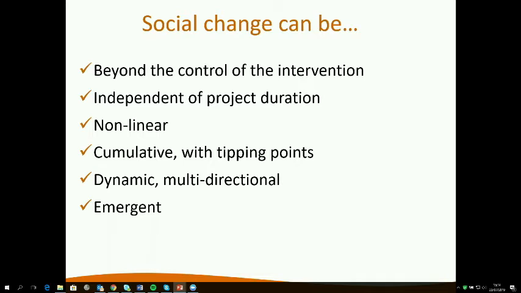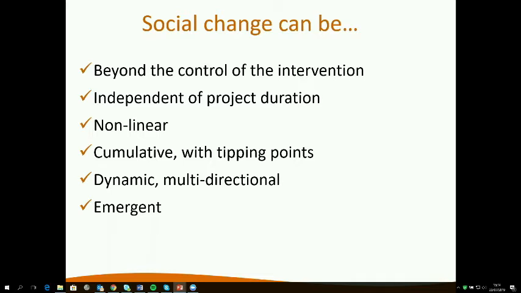In doing so, it helps us recognize a few things we need to consider when we're talking about social change and that complexity. The philosophy of outcome mapping helps us be a little bit humble in our development interventions, by recognizing that change is beyond the control of the intervention.